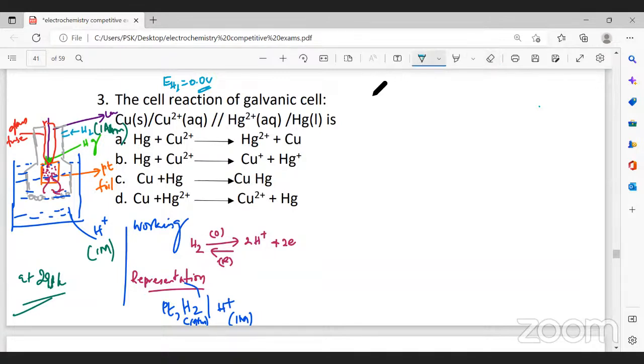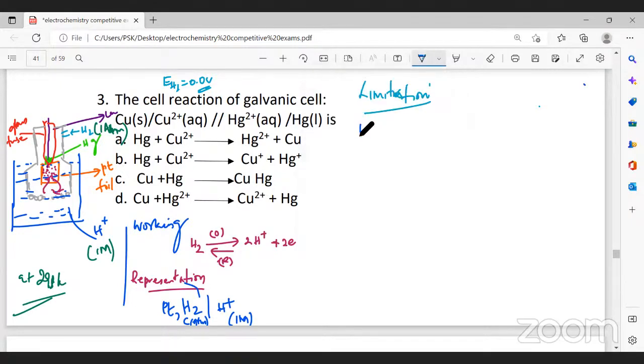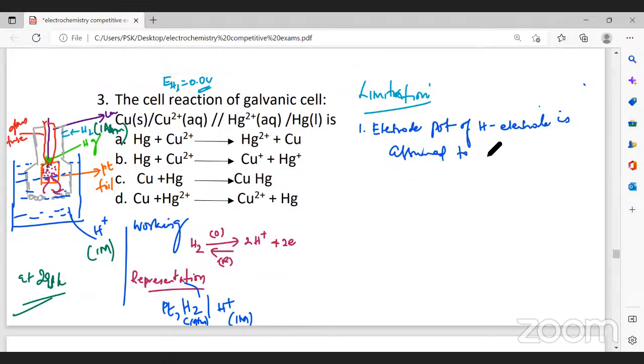Now, what are the limitations of the hydrogen electrode? Limitations or demerits of the hydrogen electrode. Firstly, the electrode potential of the hydrogen electrode is assumed to be 0 volt. That itself is an assumption. That is wrong because there will be some potential between the hydrogen and hydrogen ions here. The second demerit is it is difficult